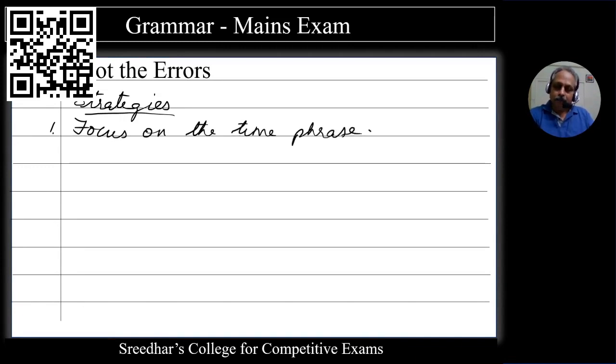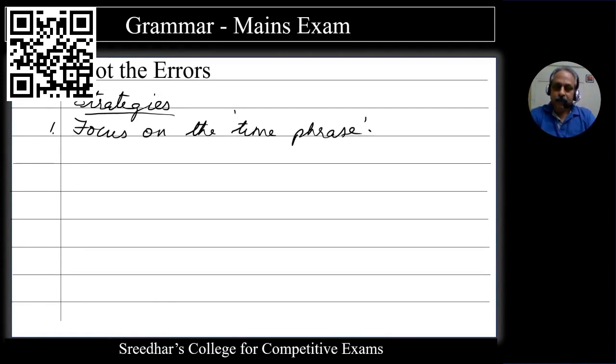focus on the time phrase. This is the most important strategy. When you read a particular sentence, you focus on the time phrase. Out of 5 questions, 1 question you may not see the time phrase, but in 4 questions you see the time phrase. And when you read a sentence looking for the error, always at the back of your mind, you look for